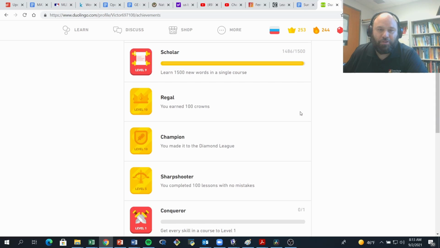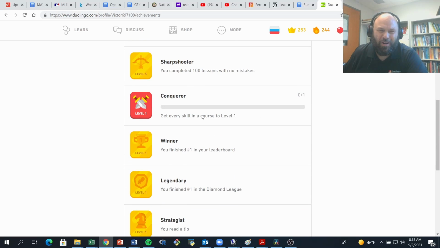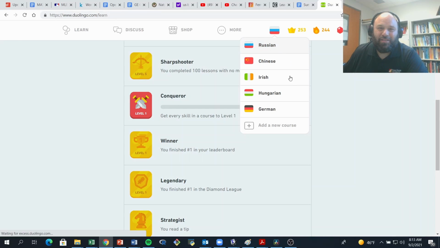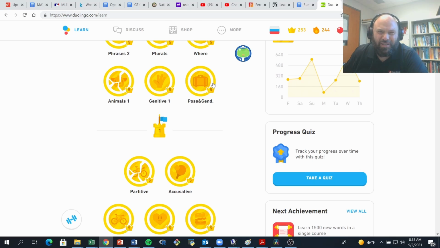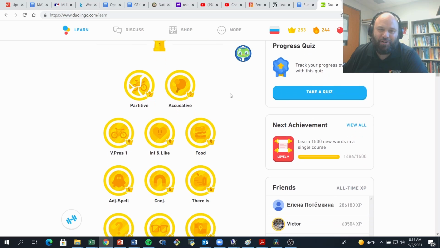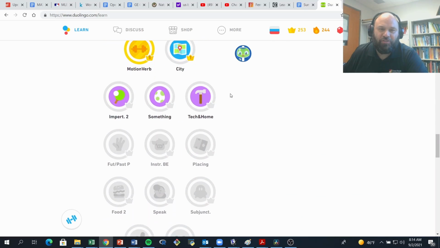If you scroll down, you'll see I've gotten all of the others except for Conqueror. In this case, you need every skill in a course to level up, which means if we go back to this screen, I need to have, if you look in the corner, they give you a crown and you go through all the lessons once, you get a crown and you can max out at 5 crowns. I need to get 1 crown in all of these skills